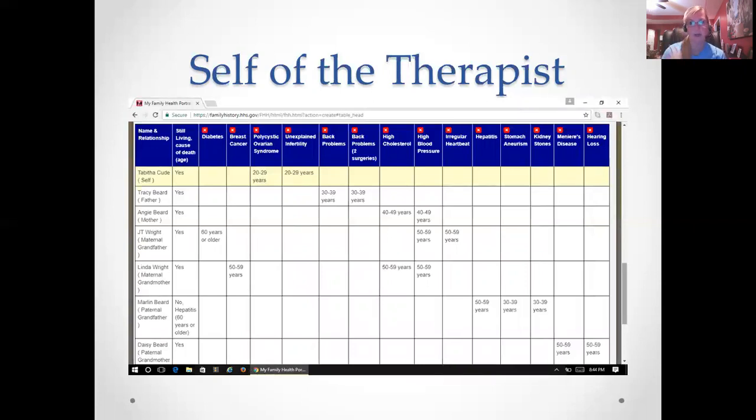So along with the diagram you just saw, the family tree, you get this chart that you can use, and it's got everybody that you discussed. I cut off my daughter in this one because she doesn't have any issues. She was a preemie, but no health issues relating to that. So you start with self, and the two issues that I've had in my lifetime, polycystic ovarian syndrome, PCOS, and unexplained infertility. Those are the two that I'm going to focus on today, but I'll go ahead and run through the rest of our family as well.